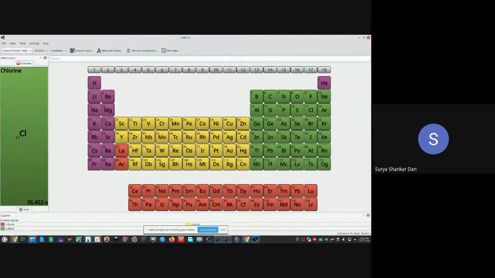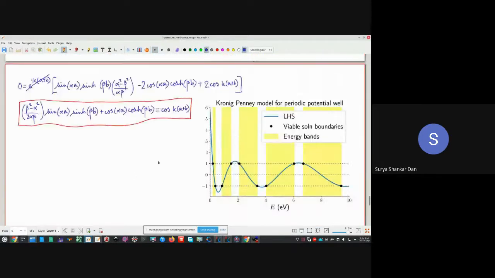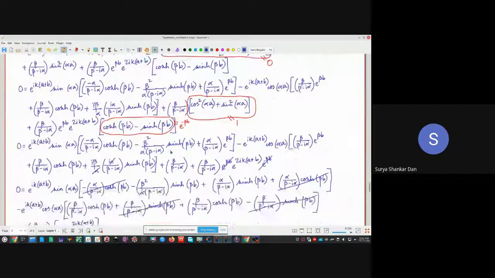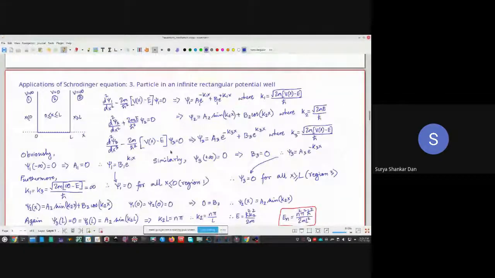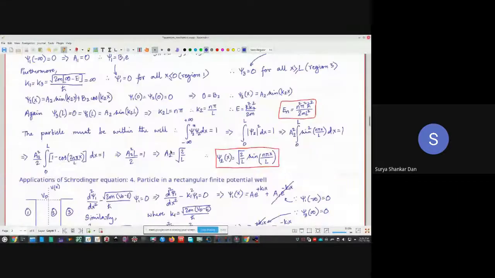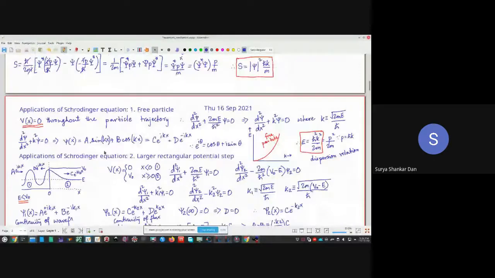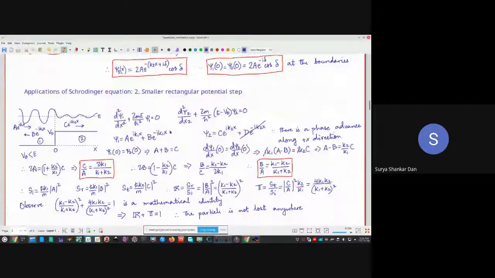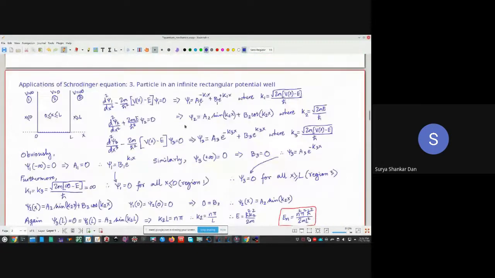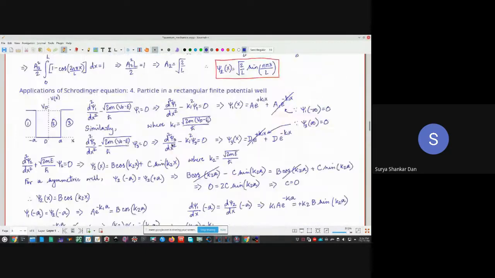In fact, bringing into this, so this is the end of the quantum mechanics. देखो, सिर्फ solid state बता दिया. ये जो I have created this, basically I wrote it down during my spare time earlier. So we are here as of now. Okay, free particle हो गया, larger rectangular potential barrier हो गया. This will not take much time. Okay, and after that we will go to the infinite rectangular potential well. So that will be like one class.